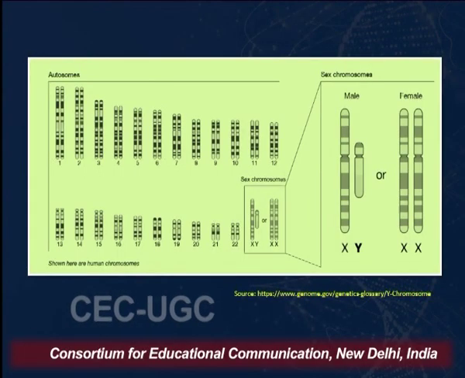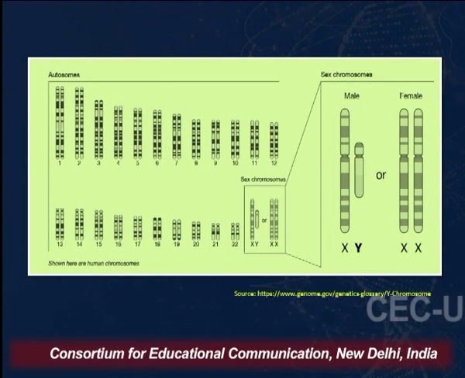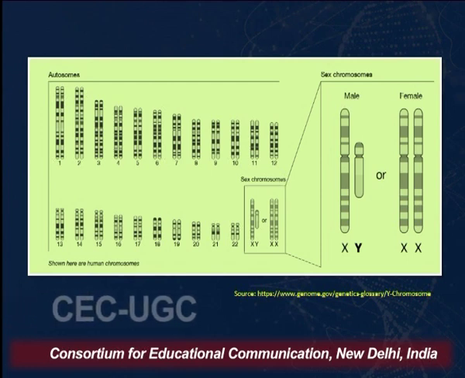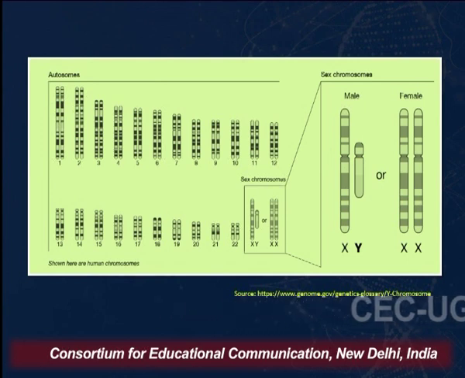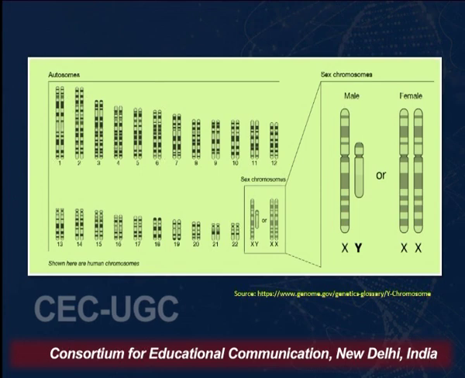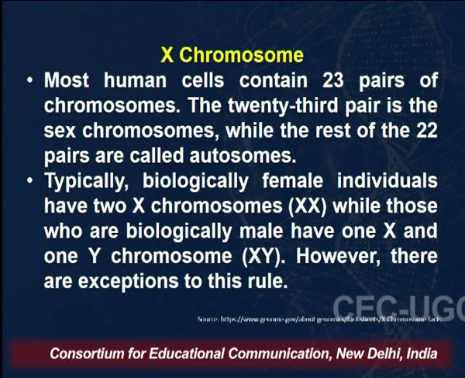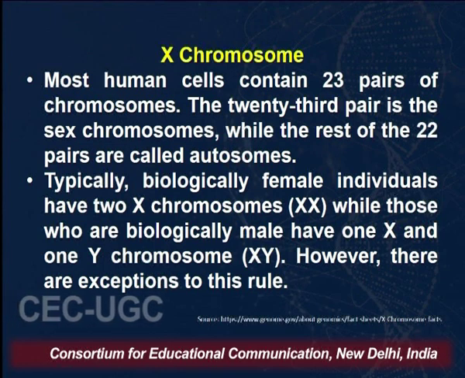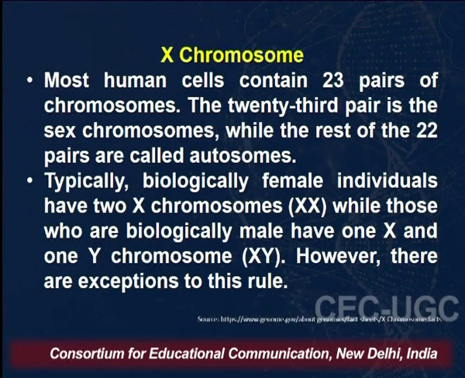If we see the diagram over here, it shows all the 22 pairs of the autosomes, and at the end, we can see a set of sex chromosomes, which can be XY or XX. So, this is the set of sex chromosomes which is present. Now, the X chromosomes are basically the last set of chromosomes, which come under the sex chromosomes, while the rest of the 22 pairs are called the